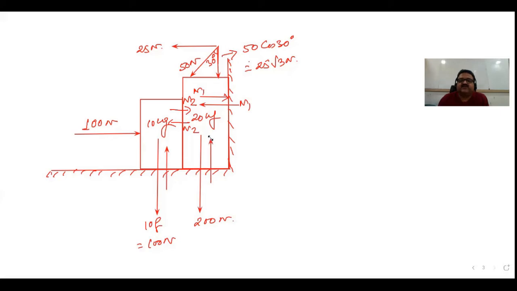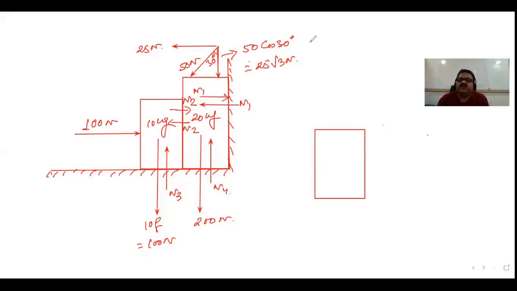this suppose N4. Okay. Now what we have to do, draw the diagram separately now. Okay, don't mix it up. Now what to do? Let me consider the body of 10 kg mass. We have to separate the body from the rest of the system. Okay, this is called free body diagram. So let me separate the body 10 kg from rest of the system and draw only those forces which are acting only on 10 kg mass.